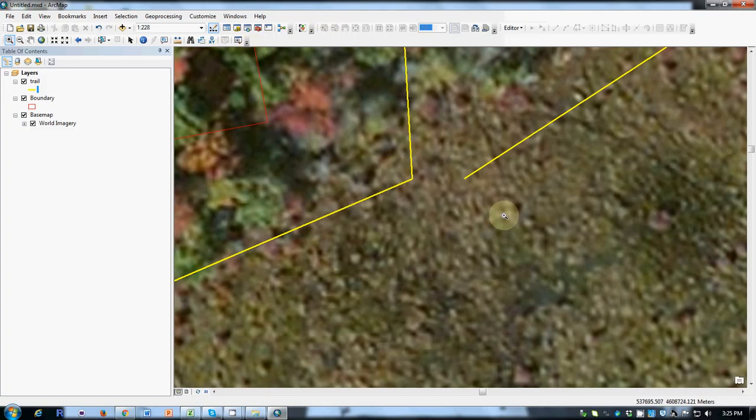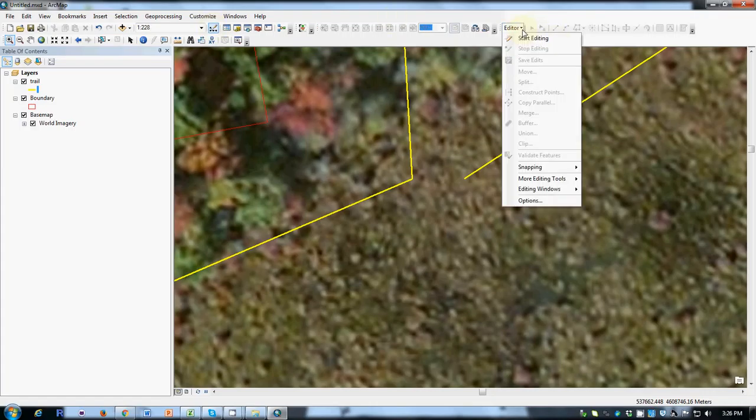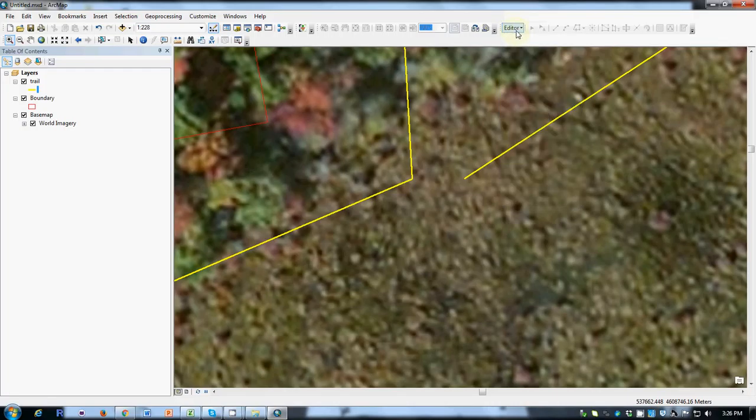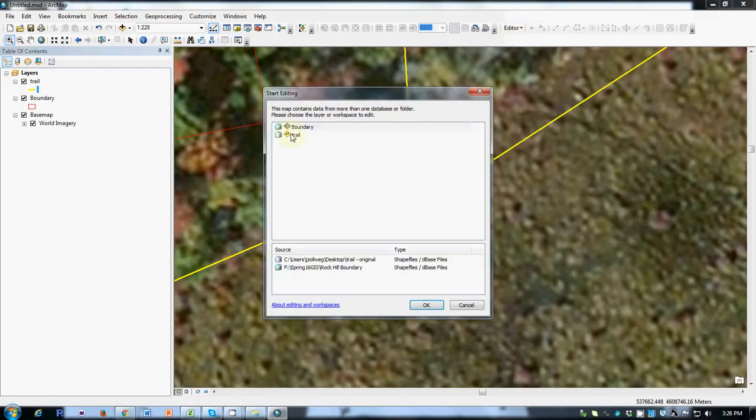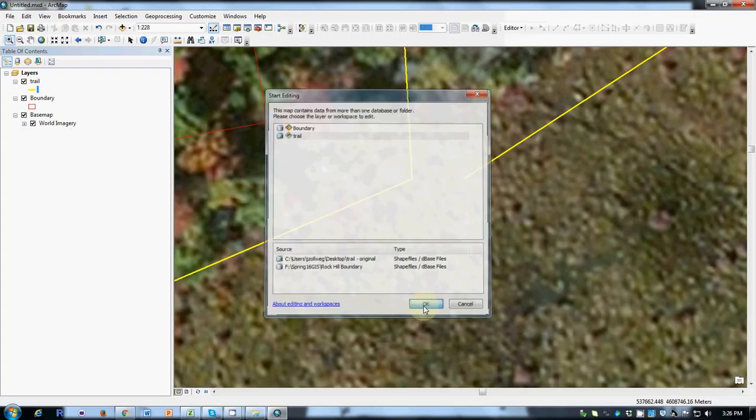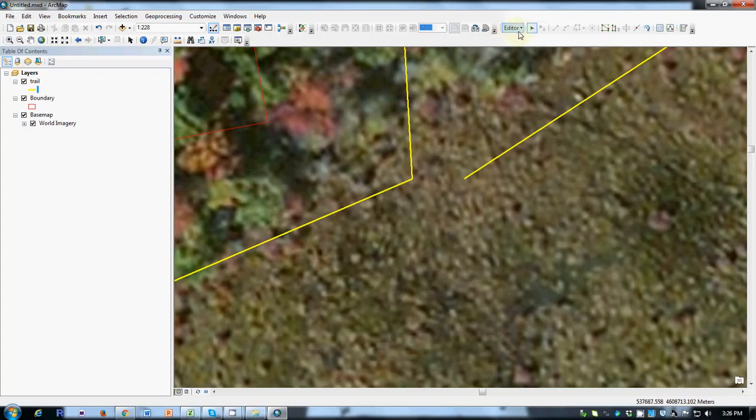To change this, one needs to use the editor toolbar, which is toggled by this button, the pencil and the 4 dots. That toggles it on or off. Right now it seems that I do need to start editing. So once I toggle it on and I say start editing, say I'd like to edit the trail and say OK, I should shortly have a number of my tools available, including the principal tool, the editor tool itself, right here,